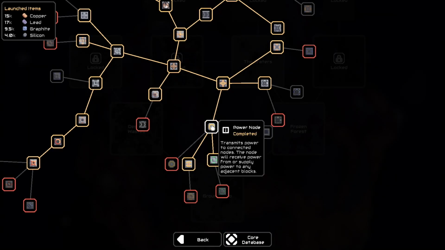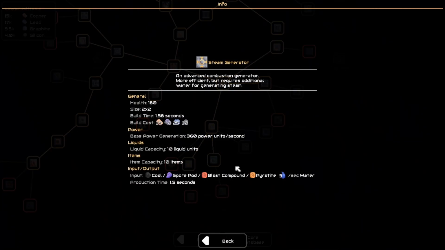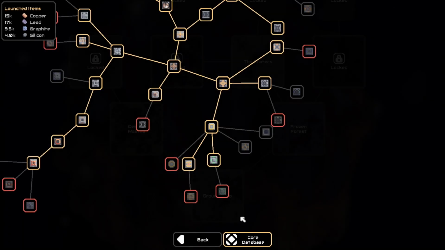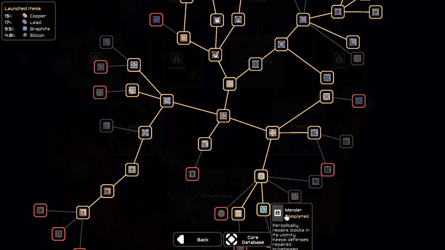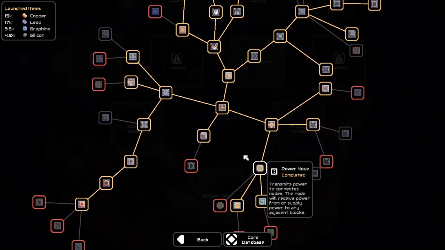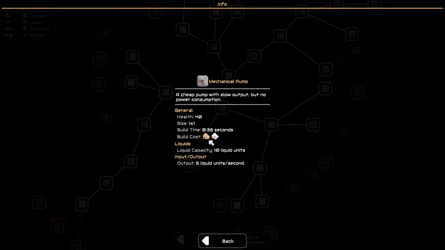Okay, so look at this. This requires combustion, takes 1 coal, makes 60 power. So if you have water, it gives you 360 power. Wait, what? So it's just better. Significantly better. You have to have water, though. So you have to have water nearby. Now, interesting thing to know, though, so we got this pump right here. Really cheap pump. It costs 15...